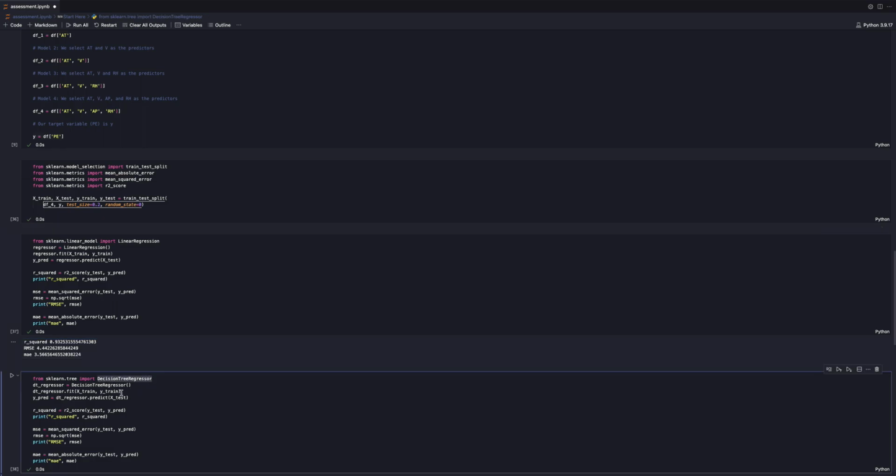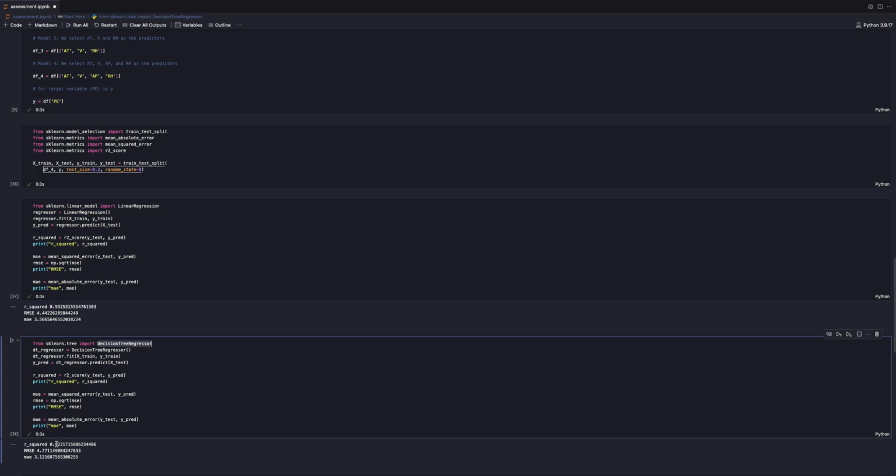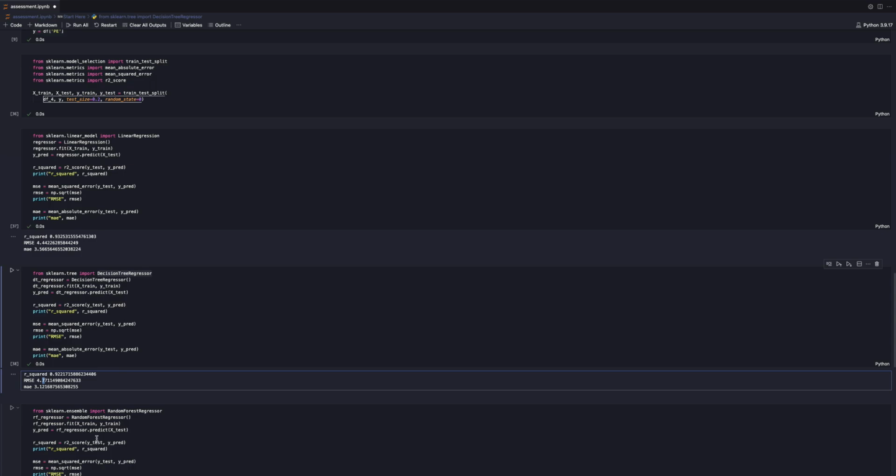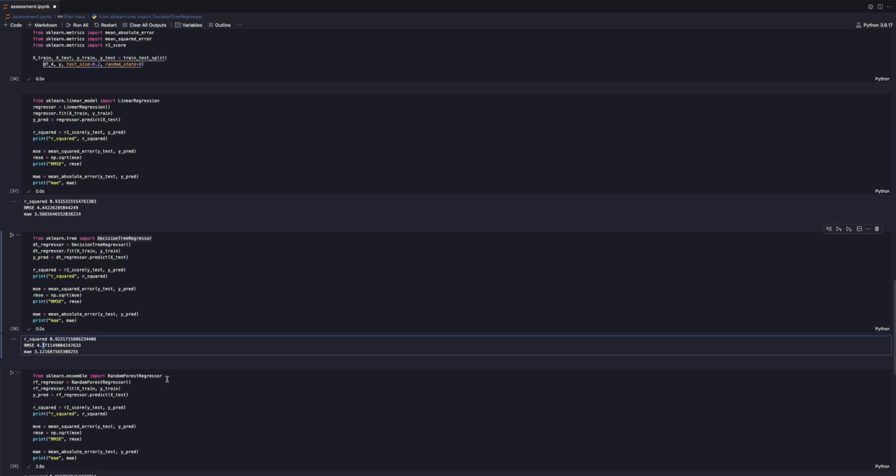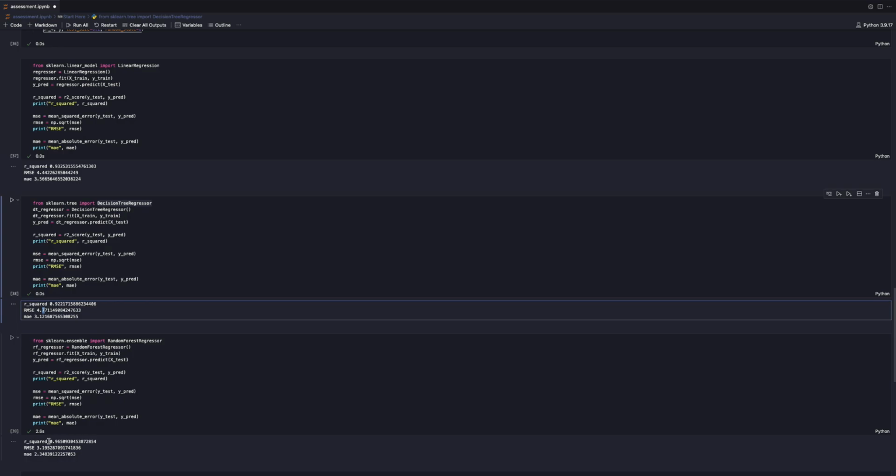The R squared value here is 92.92 with root mean squared error of 4.77 and mean absolute error of 3.12. Mean absolute error is a little less than the linear regression model, but the root mean squared error is a little higher. And finally, I tried random forest regressor model, which had the best fit overall with R squared value